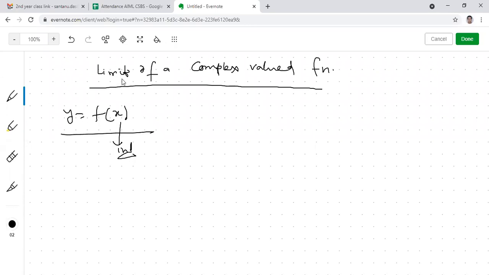Why do we actually find the limit of a function? You have used lots of rules to evaluate the limit. You have solved different problems for your joint entrance examination as well as for your board exams. But my question is, why do we find the limit? What is the significance of finding out the limit for a function at a given point? For example, we find the limit of the function y equals f(x) at the point x equals x0. Why do we do so? Why do we find the limit of a function at a given point?